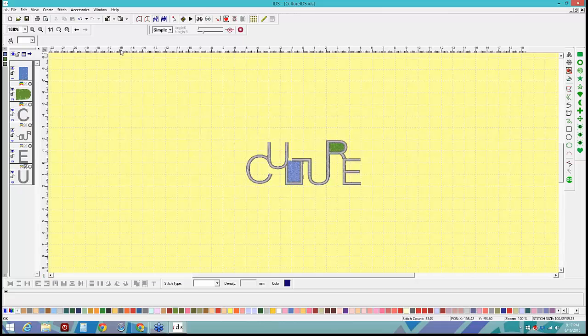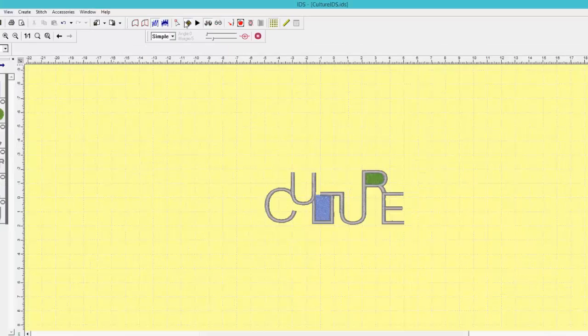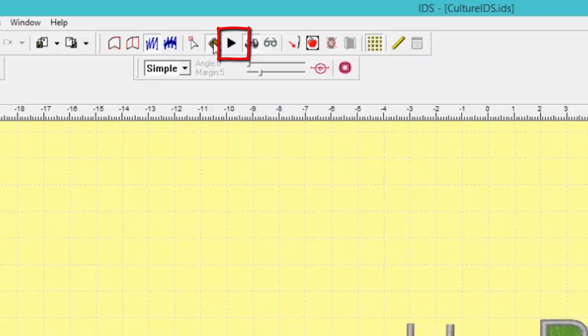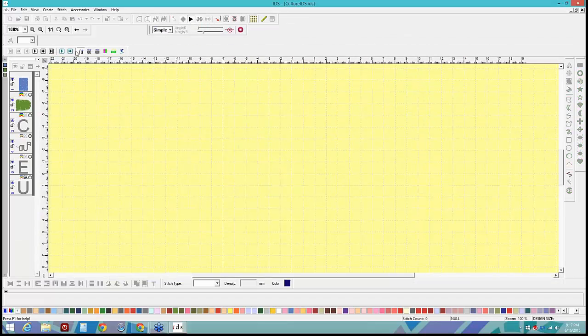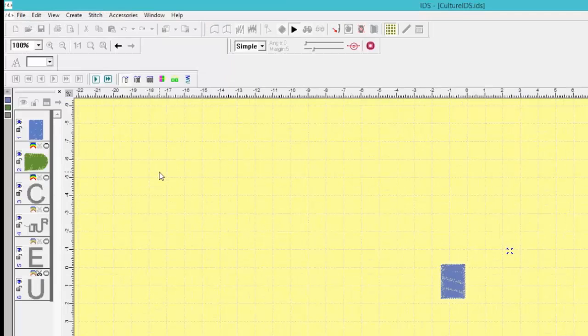And if you want to see what it's going to stitch like, go to, right next to this little film strip, which, by the way, if you're missing that bar, that turns that on and off. Right next to your 3D is a little black triangle. That's a stitch player. When I click on that, I can play through the design, and I can watch. There's what the underlay is going to do. This is what the top stitch is going to look like. If I want to speed it up,